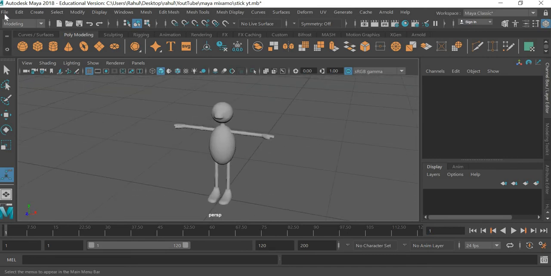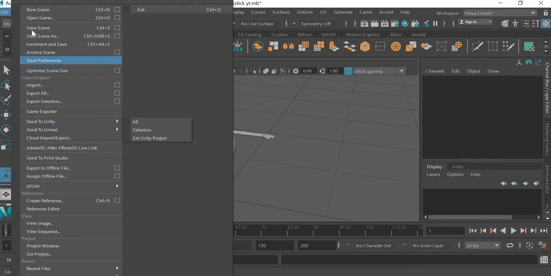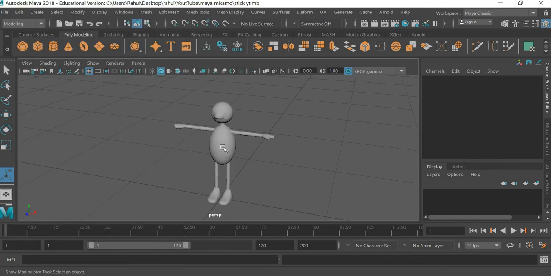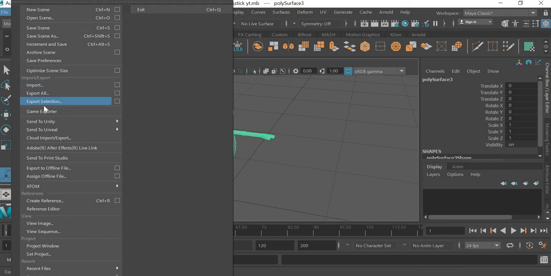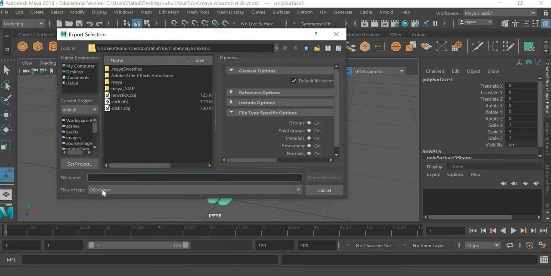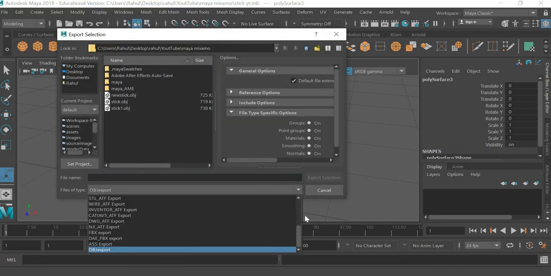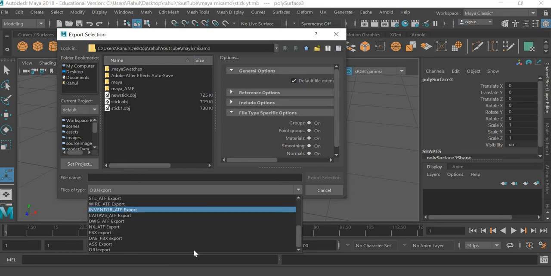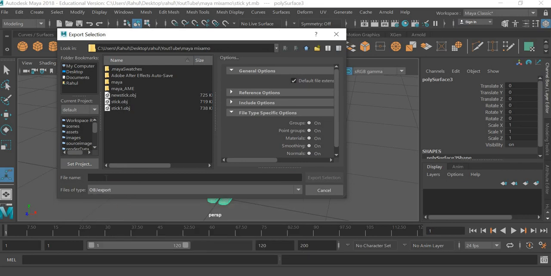Okay. Save this file. Go to file, export selection, select OBJ option. If you scroll down, I'll name it stick yt,